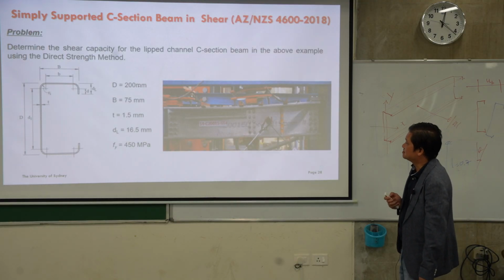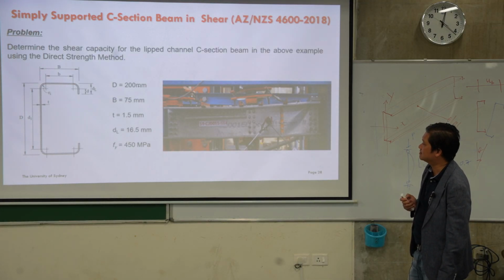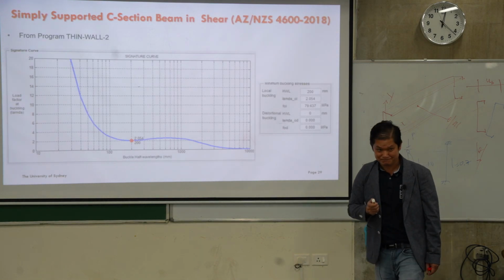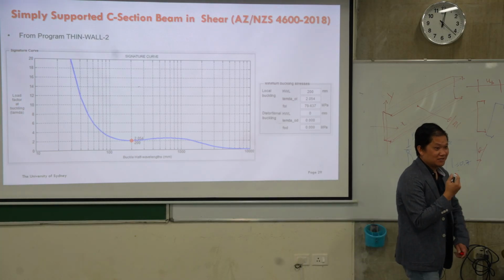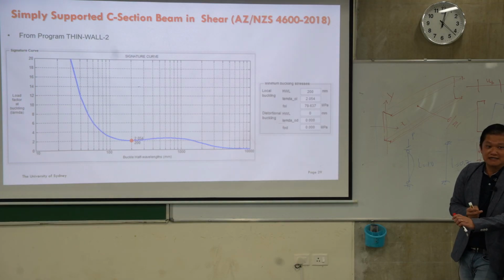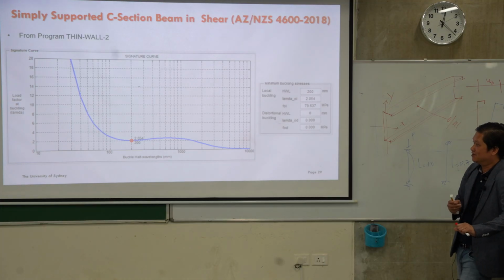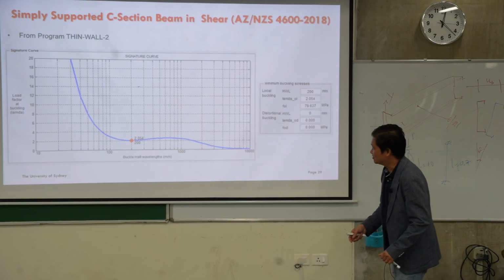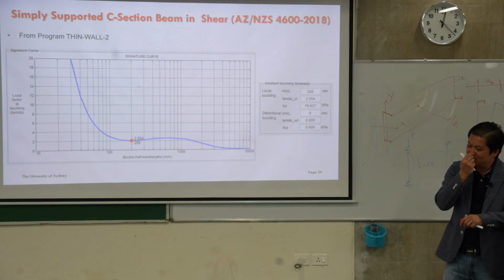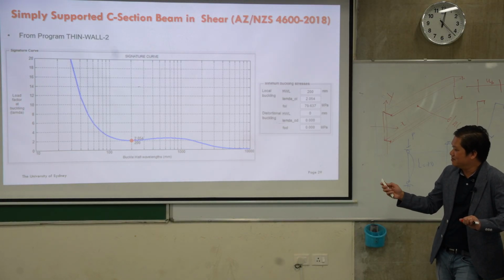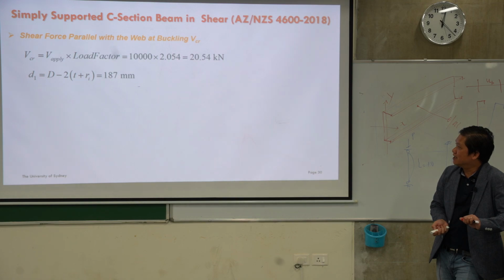Right, so the cross section is the same. We use that, and then from Thin-Wall 2, it gives you that one. And coming back to your question, a very interesting question. With shear, we don't have a second, distortional minimum point. We just have the local buckling because of shear. So interestingly for shear, you just check for that. You don't need to worry about the distortional or other things. We just got that minimum point, and you plug into it, and then you